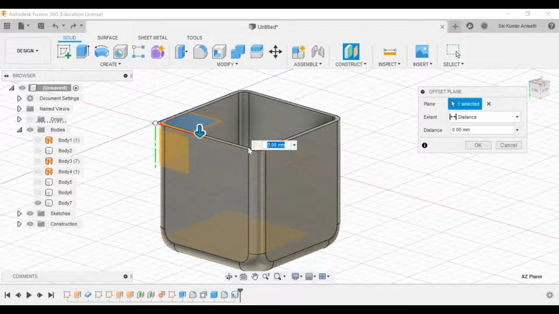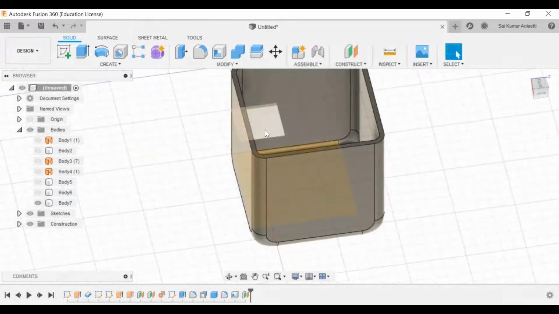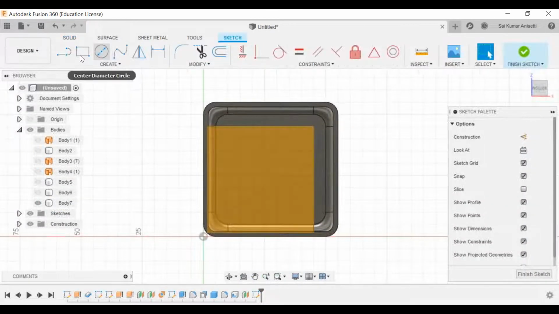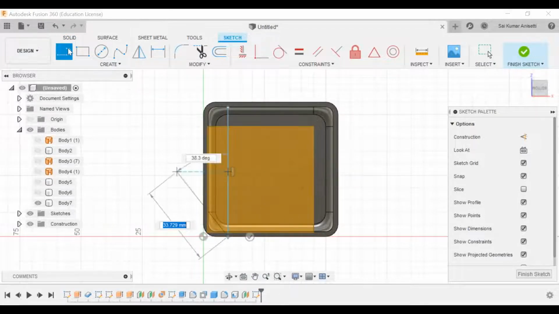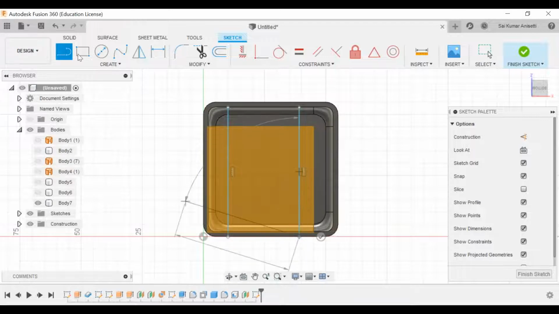I'll just create an offset plane which is just over here. On this plane, I want to create a web. On this plane, I'll just draw 2 or 3 lines actually. Let me do it quickly. This is very slow. Okay, escape lines.